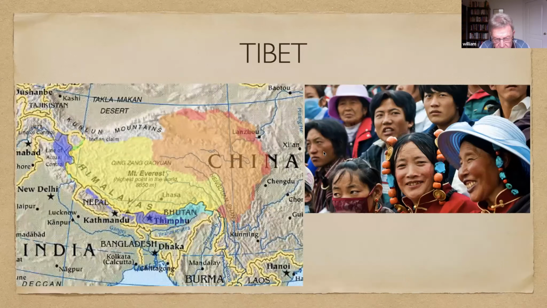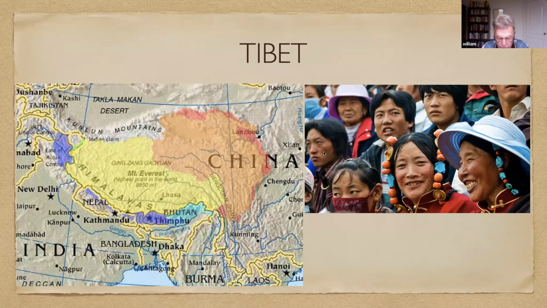Tibet is a region in East Asia. You can see it on the map here, covering much of what is known as the Tibetan Plateau. On the map, it's in yellow. It spans 970,000 square miles. To the right there, you see images of the Tibetan people, and this is their homeland. You can probably see what we call the Mongolian influence in the faces. This is one ethnic group. There are several others. There's also quite a number of Han Chinese who also live in Tibet.